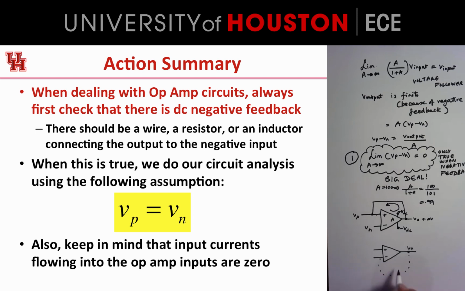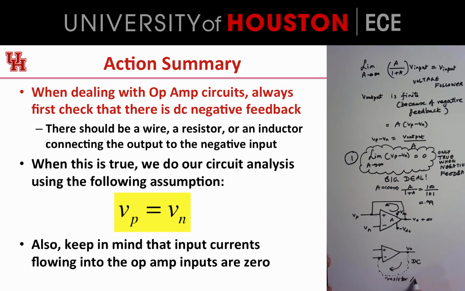Now this feedback should work in DC as well. In other words, without any frequency, at frequency equal to 0, this feedback path must still work for this op-amp to be happy and stable. So that means there must be either a resistor,